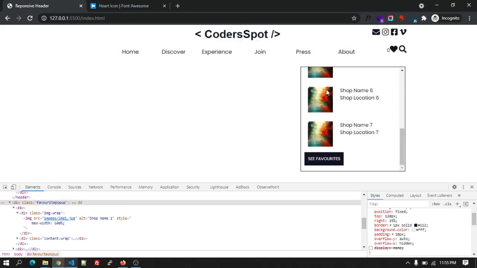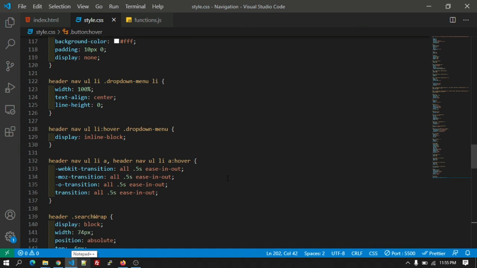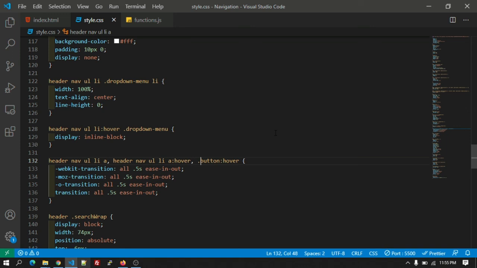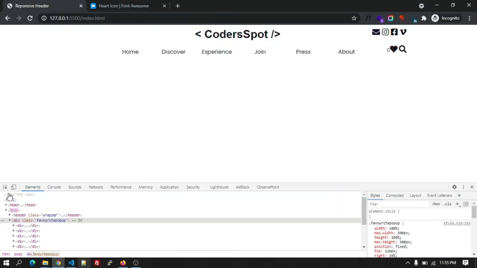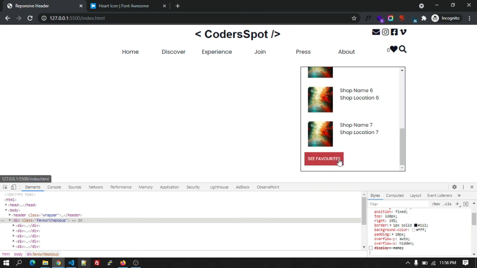Let's apply the same animation that we have added to this navigation. So let's apply the same CSS to the button as well. This one, the simple animation button hover. Let's add the class. Okay, the effect will not be that noticeable, but the feeling will be good, like there will be a fade in and fade out.